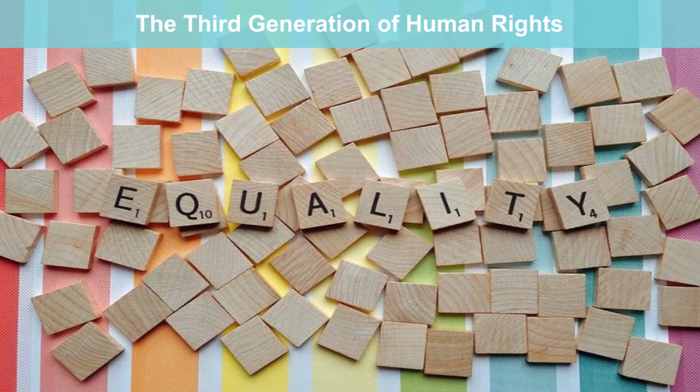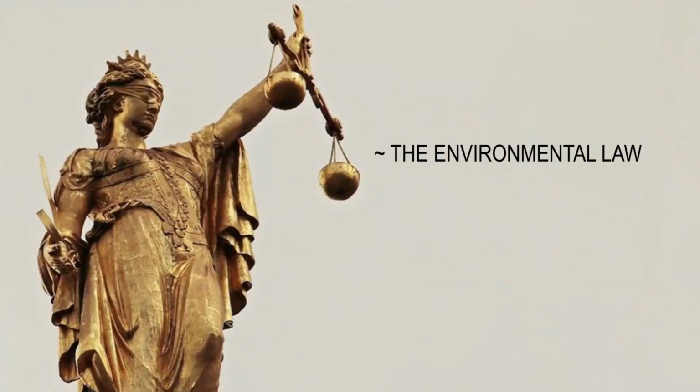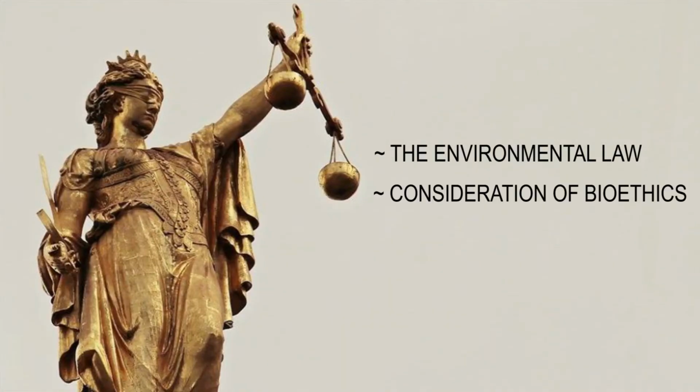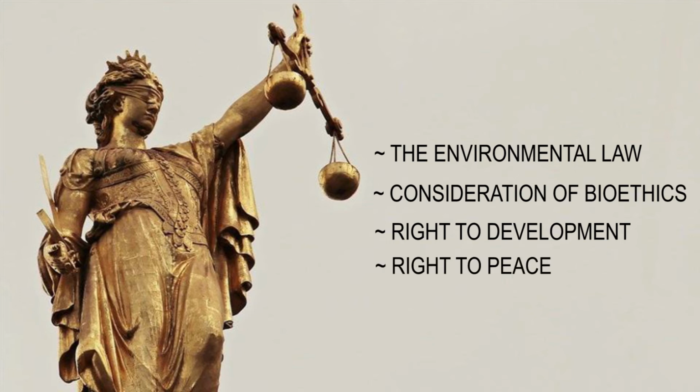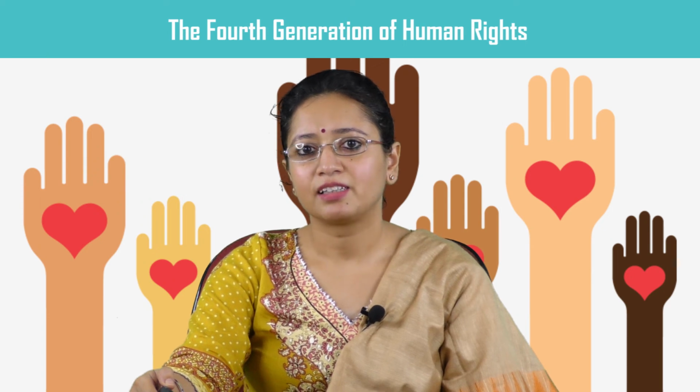The third generation of human rights revolves around the fundamental principle of equality and non-discrimination. Some of the major concerns are environmental law, consideration of bioethics, the right to development, and the right to peace. The fourth generation of human rights states